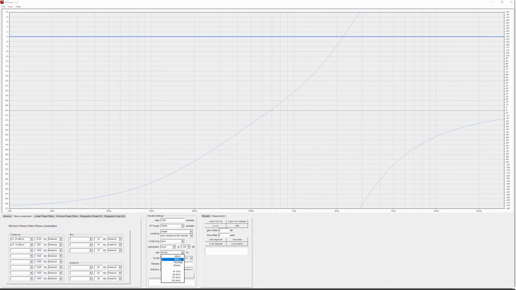miniDSP HD accepts 96 kHz, and it has to be in 32 bits IEEE binary format. And if you create that with 1024 taps, you will see that the phase is almost perfectly matched, but it had to change the frequency response. It lowered the volume by almost 1.4 dB starting from 500 Hz downwards.